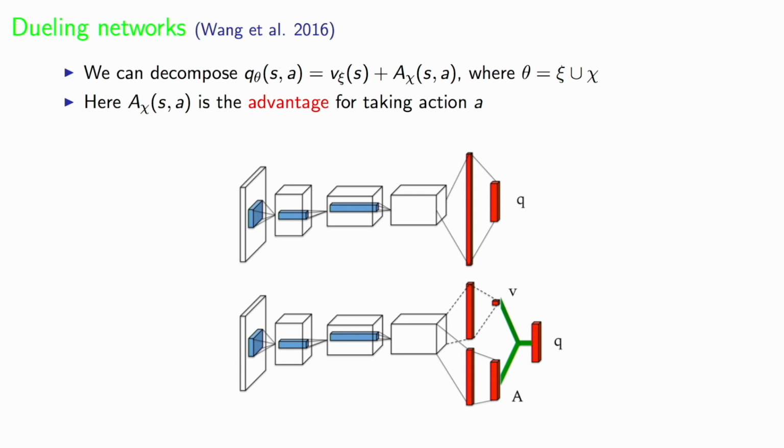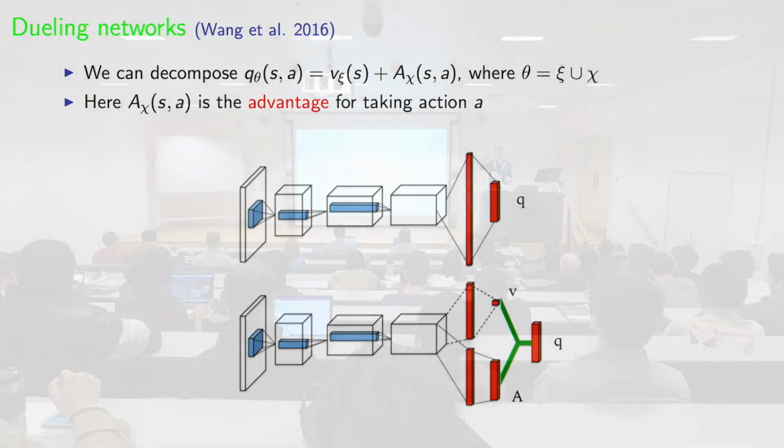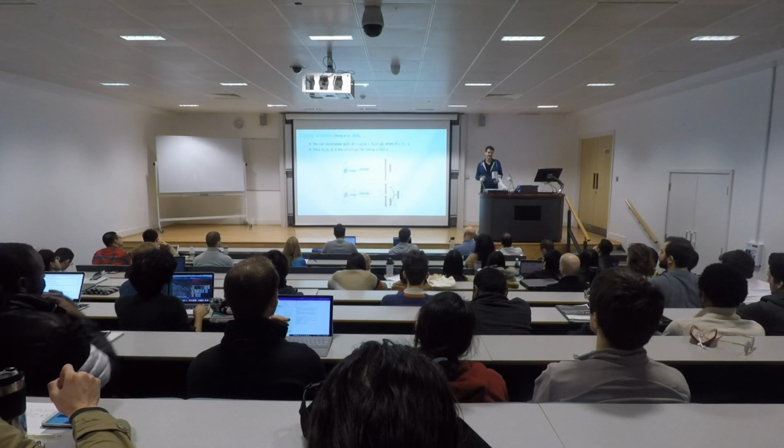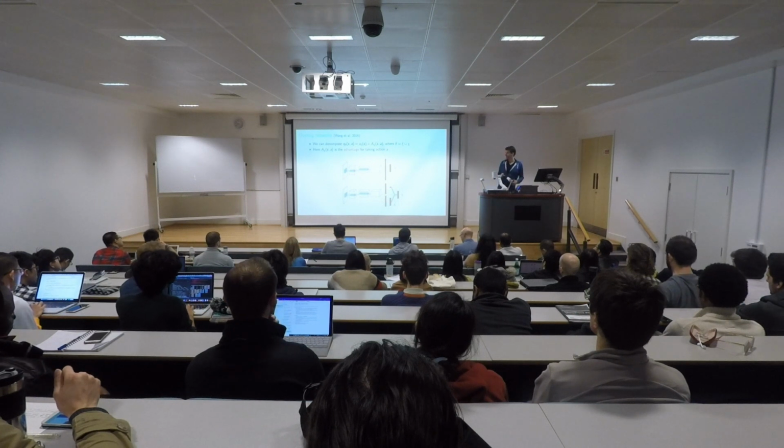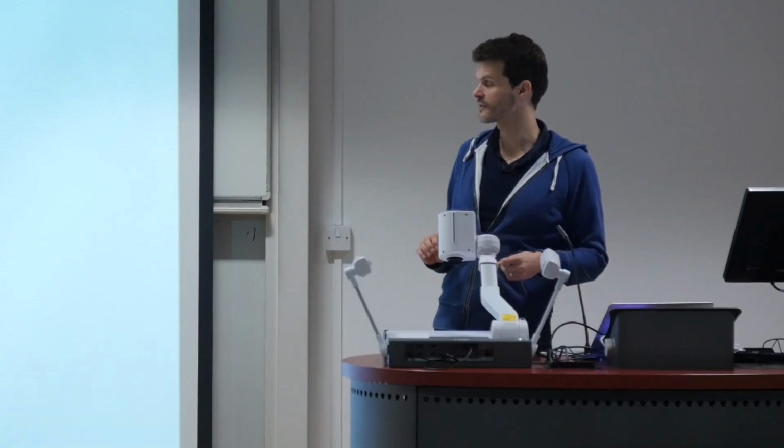And then these advantages can just learn to be the offset around 0 for specifically each action. And this turned out to work much better than if you don't do that. You could still just put that into the architecture. So as far as the learning algorithm otherwise is concerned, we're still just doing something on some action values. So this is in some sense hidden for the rest of the algorithm that this is going on. But then you could still apply this and you could still see if that helps.